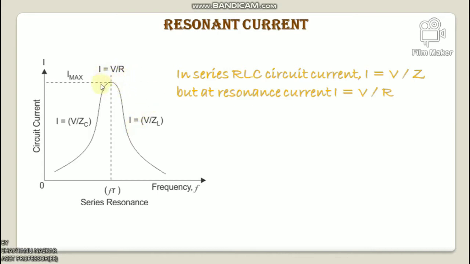I am talking about this point. Okay, so when the frequency is further increased, ZL increases, and with the increase in ZL the circuit current reduces and then the current drops finally to 0. Very simple graph. First the current increases, then the current decreases. Okay, and then the current drops finally to 0 as the frequency becomes infinite. So this is all about the resonant current.